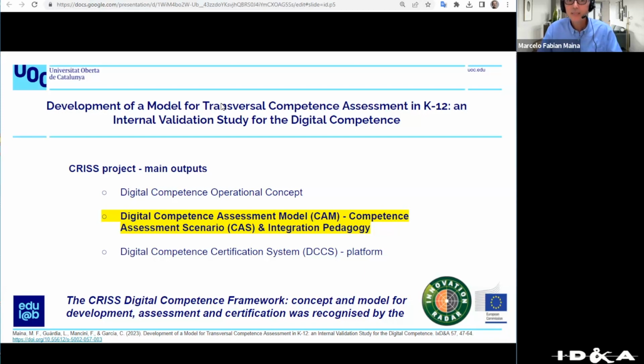research. This research that I present in the article is framed within the CRIS project, a Horizon 2020 project, a very ambitious one, that wanted to develop a method for development, assessment, and certification of the digital competence in the K-12 context. We are talking about primary and secondary school, if you want, at the same time. So the main outputs of this project were a digital competence operational concept, so that it could be actionable and